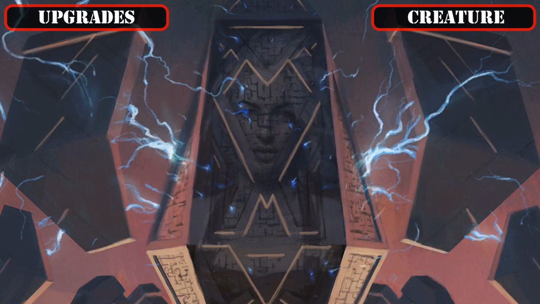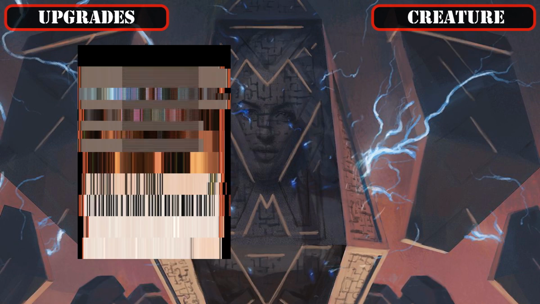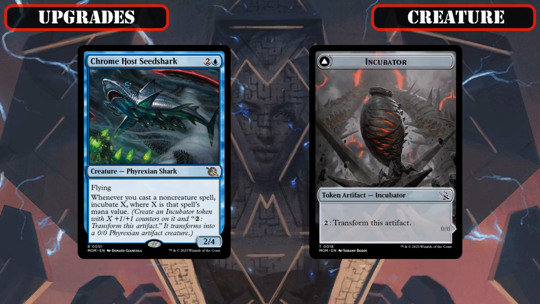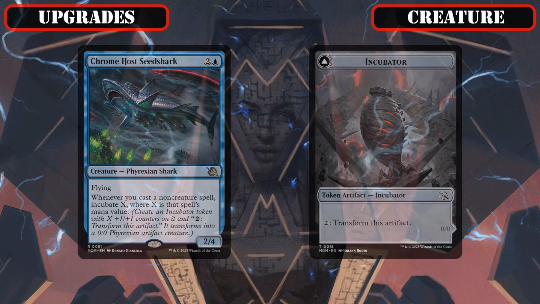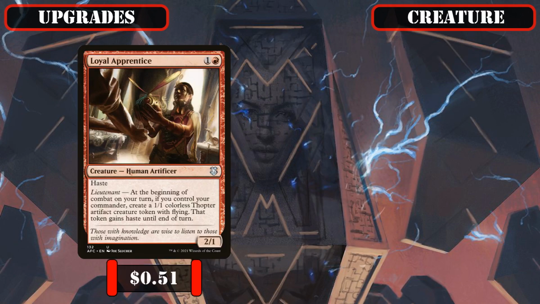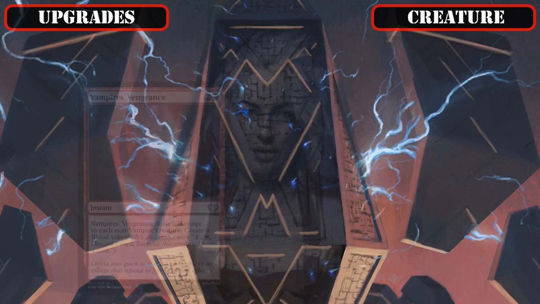redundancy. Then quickly running down our new non-legendary token generating additions, we'll be axing Pain Distributor, symmetrical Treasure token production, and occasional burn for Chrome Host Seedshark, whose Incubator token production gives us access to additional big trampling bodies to swing in with, the expensive and slow Thopter Assembly being scrapped for Loyal Apprentice, who hits the board much sooner and doesn't require as many hoops to jump through to create Thopters for us, the mediocre wipe Vampire's Vengeance